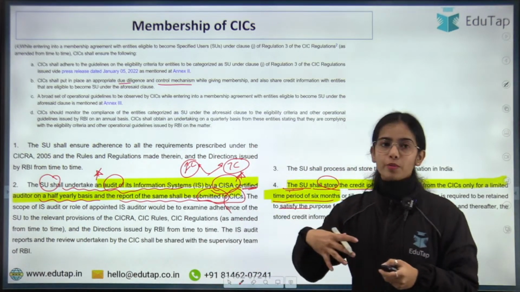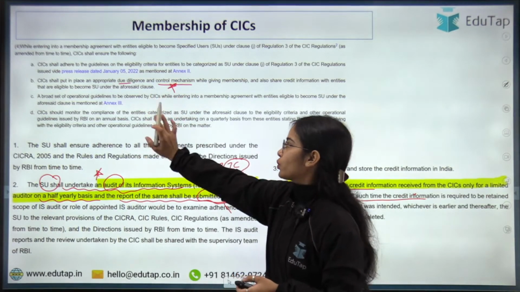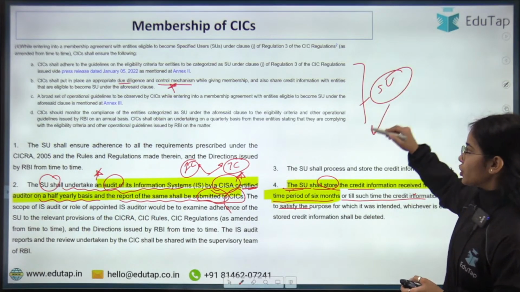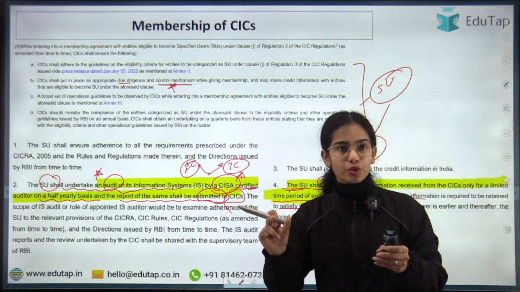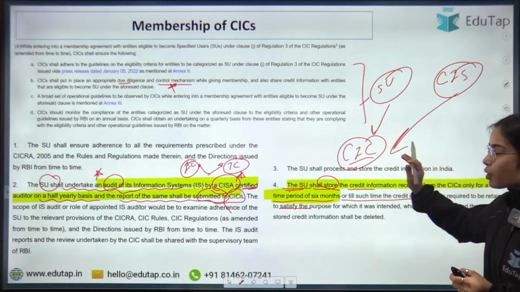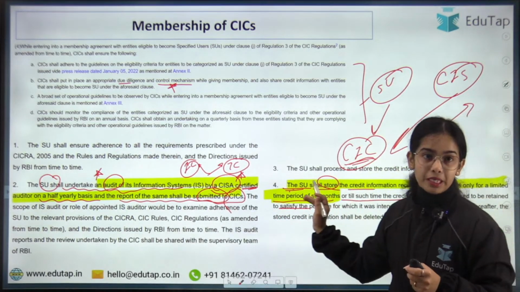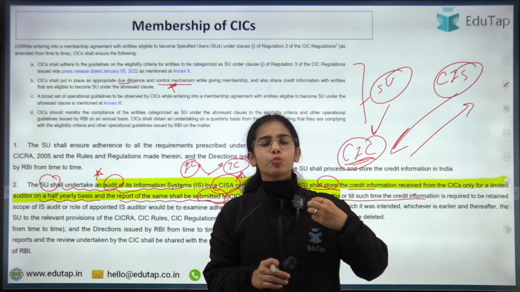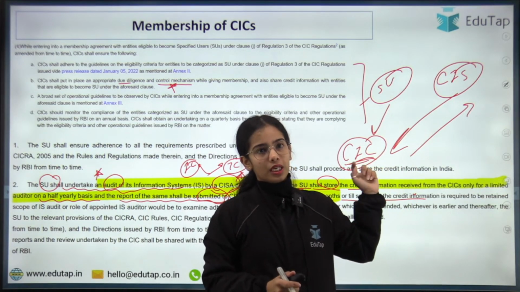So you can get the information, but there is due diligence and control mechanism that has to be followed. Okay. So this is the idea of the specialized users. They can also get the credit information from the credit information company. The credit institutions have to provide the data to the credit information company, and they can also use the data from it. Similarly, specialized users do not have the liability to provide the data, but they can use the data from the credit information company.